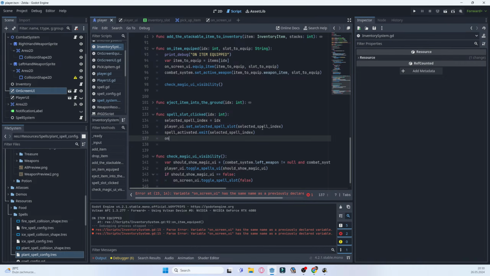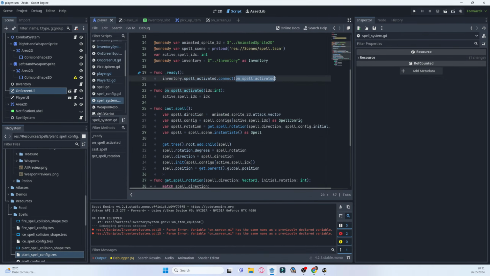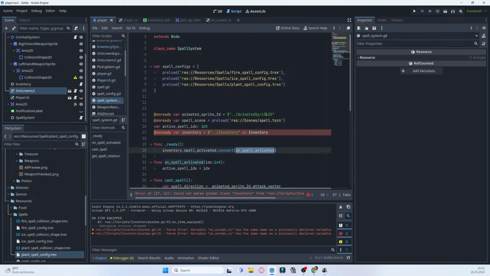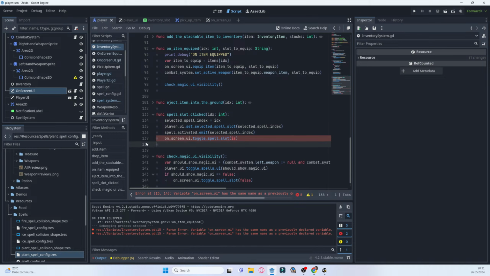Here on-screen UI toggle spell slot is, well, we also need information about the selected spell. So shouldn't this actually go from, it should go from the spell system, but we have spell activated here. Okay, so removing that,